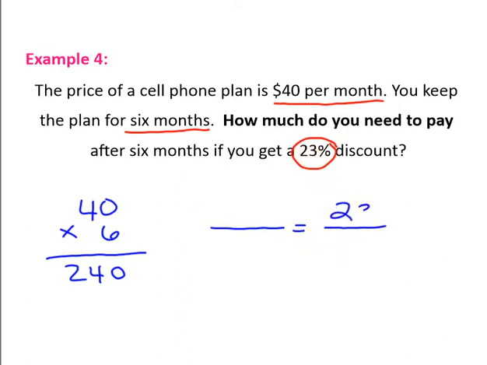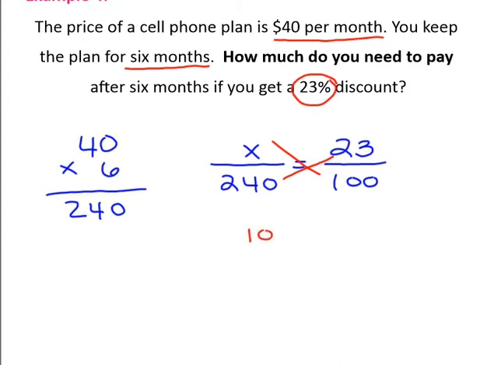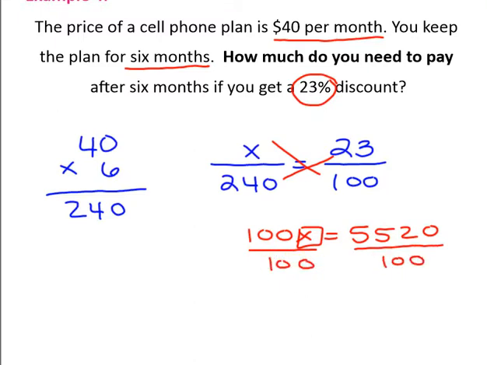So my 23% discount goes here, 100 on the bottom. 240 is the total price that I pay, and I'm trying to figure out the discount. Now I can go ahead and cross multiply. So 100 times X is 100X, and then I need to do 240 times 23, and that's going to give me 5,520. Box the variable, divide both sides by 100. This is going to cancel. Bring down the X, and when you do this division, it's going to give you